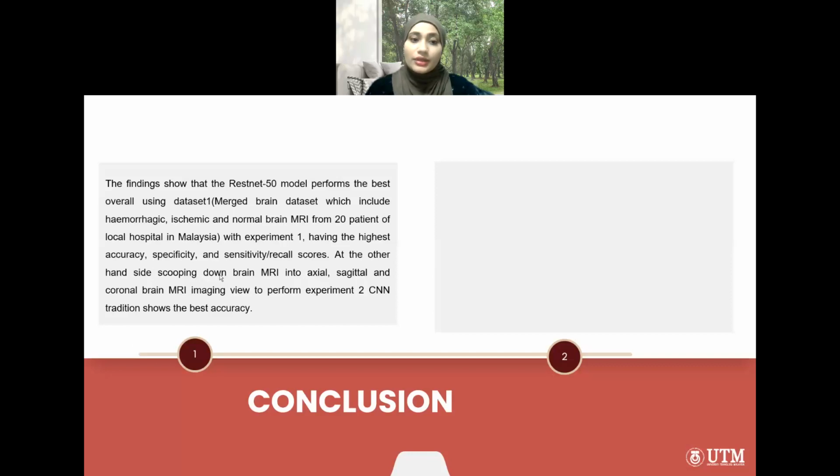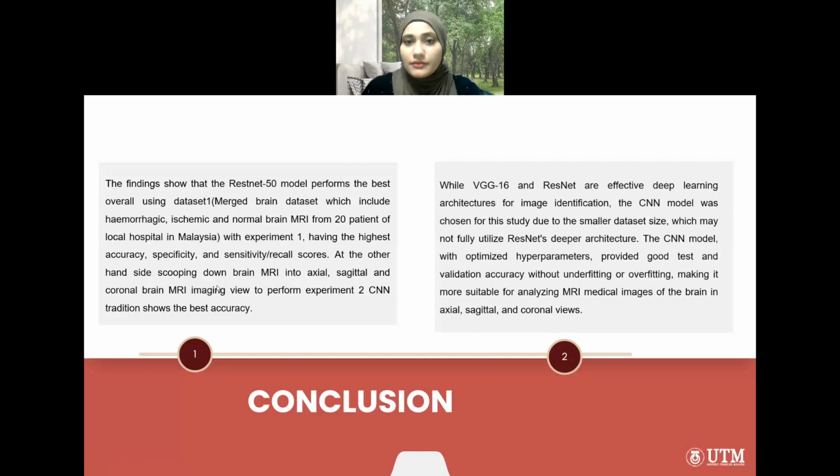On the other hand, when we go down into the chunks, we already separate the images into axial, sagittal, and coronal brain MRI. The machine performs well with normal CNN compared to ResNet or VGG16. And for the next, while VGG and ResNet 50, as I said just now, are architectures for image identification,